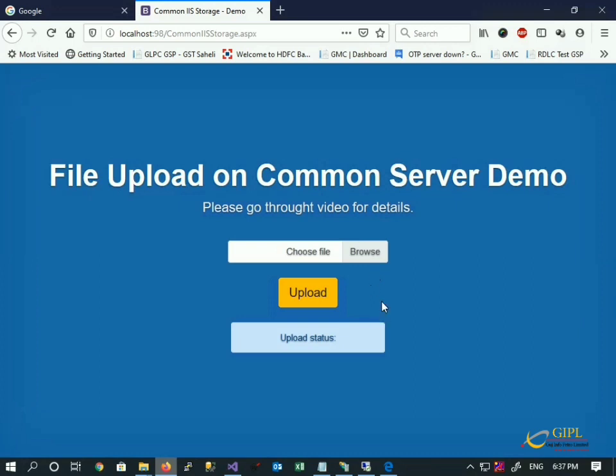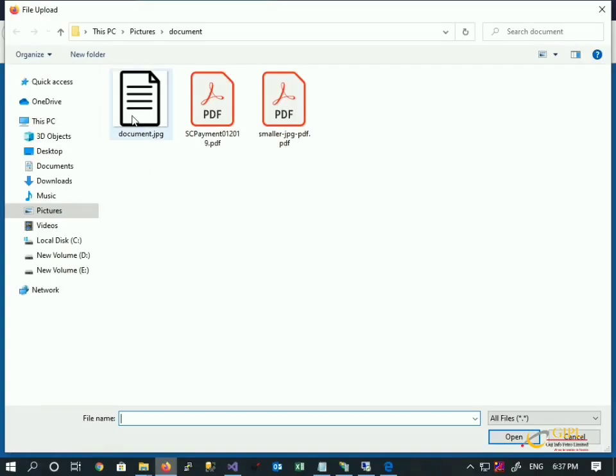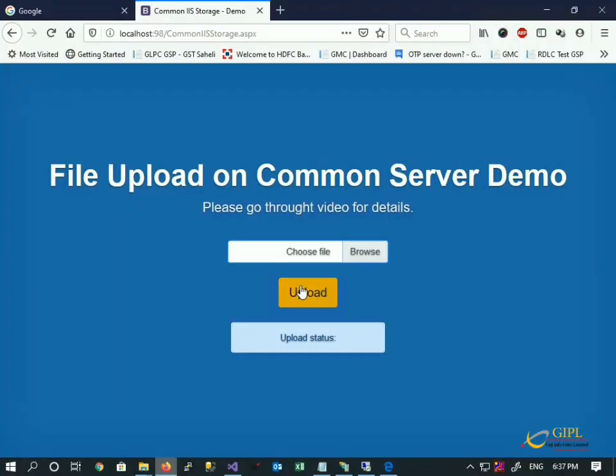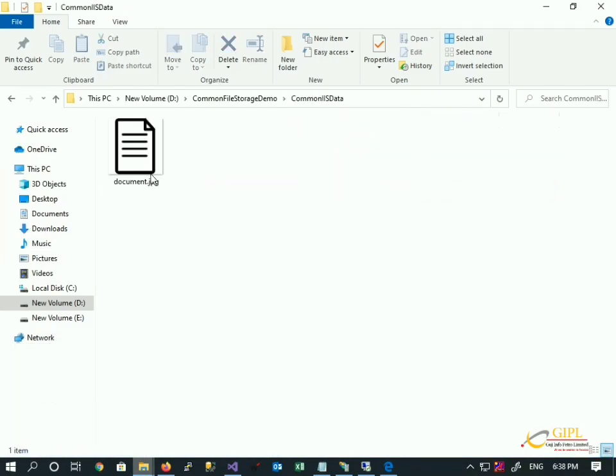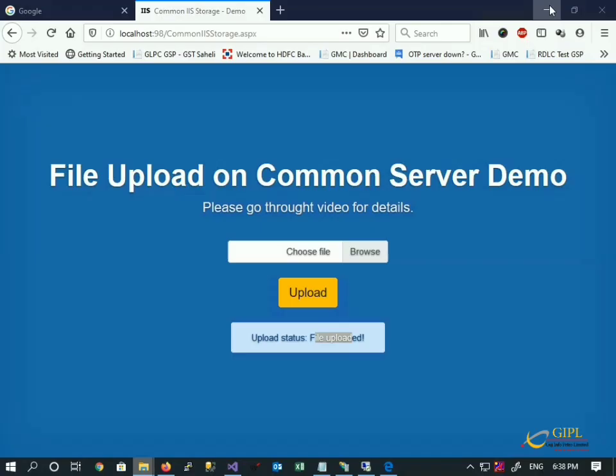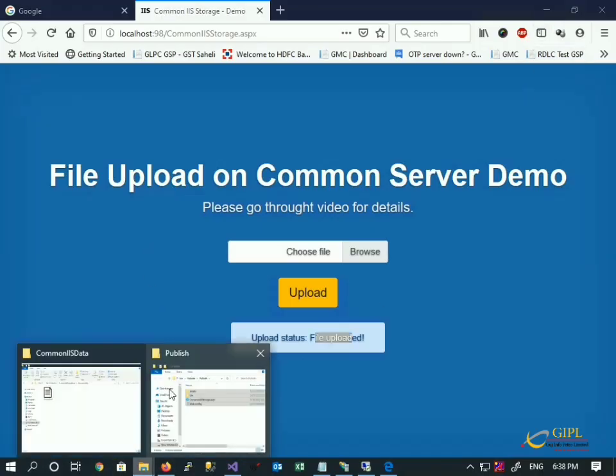Now I am uploading a file. This is a demo document. File successfully uploaded. When we look, it's uploaded inside my machine only. So it's working code for file upload.